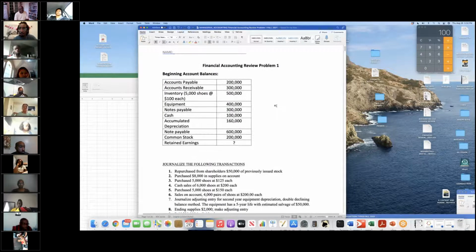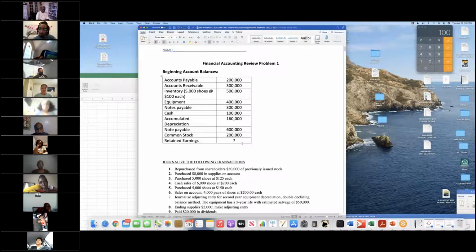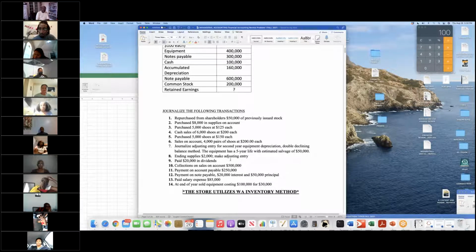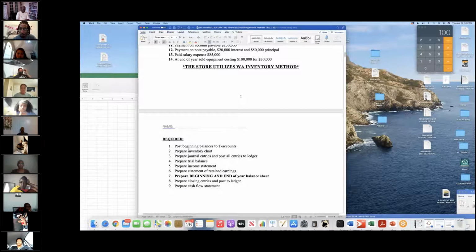Okay, so we have financial accounting review problem 1. This problem started off with beginning balances, which needed to be placed in the accounts. One balance is missing, retained earnings, so it had to be calculated. Then there were 14 journal entries to be made, weighted average inventory. And what was required was post the beginning balances, prepare the inventory chart, prepare journal entries and post all entries